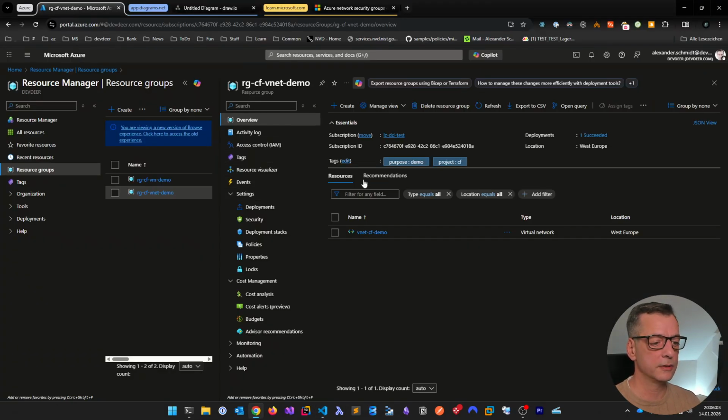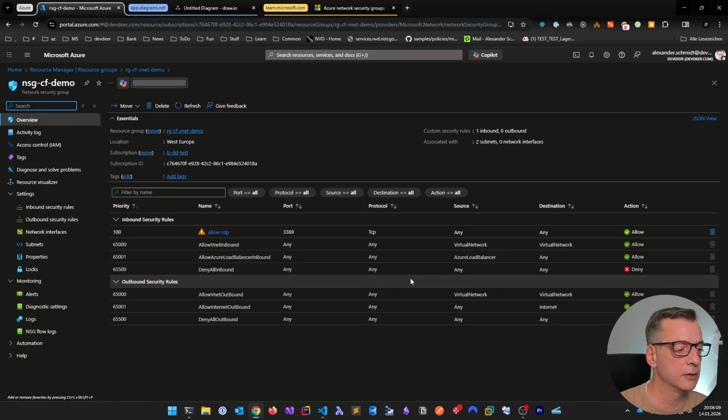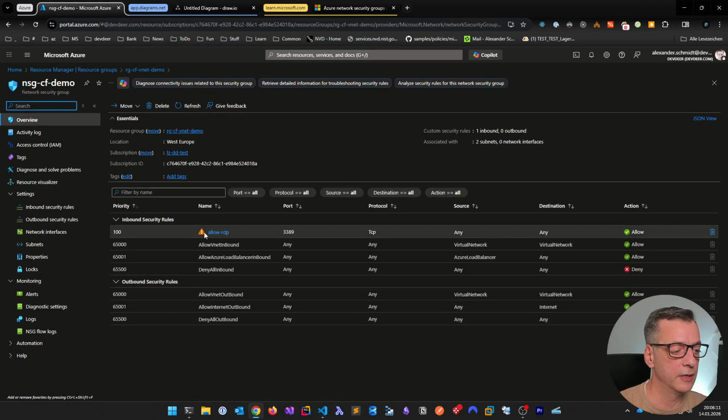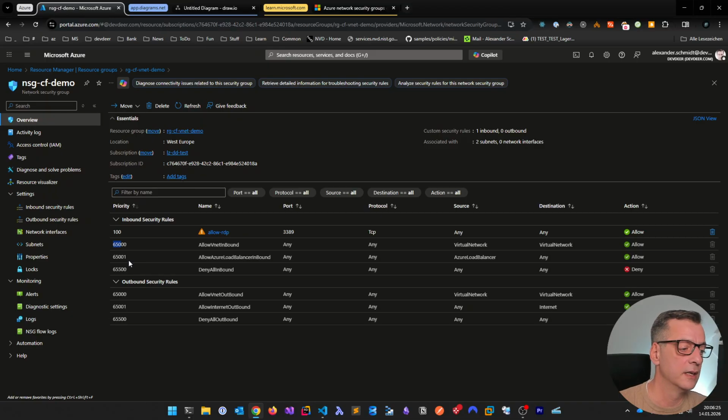Anyways, let's go to the portal. Let's refresh the portal and see, there's a network security group. Nice. Let's look up what it did. So we have a mark here, because the Azure portal understands that this is not a good thing. As I said, and now it maybe explains why I added the 100 as the priority, because I know that the 65,000 are